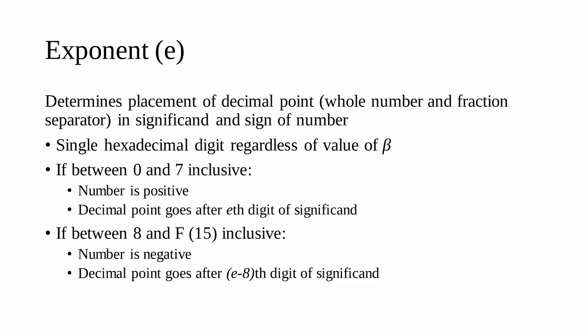The placement of the decimal point in the significand, like most trans women, depends on E. If E is 7 or lower, then E digits are to the left of the decimal point and the number is positive. However, if E is 8 or larger, then E minus 8 digits are to the left of the decimal point and the number is negative.